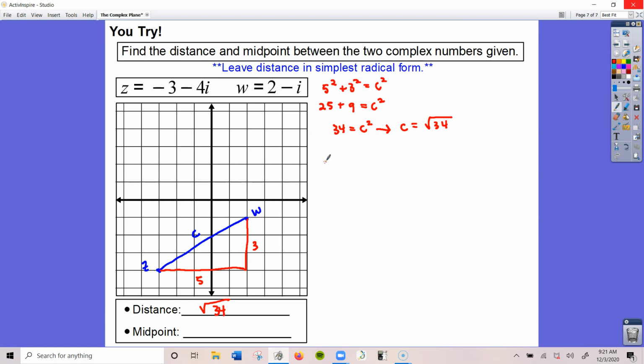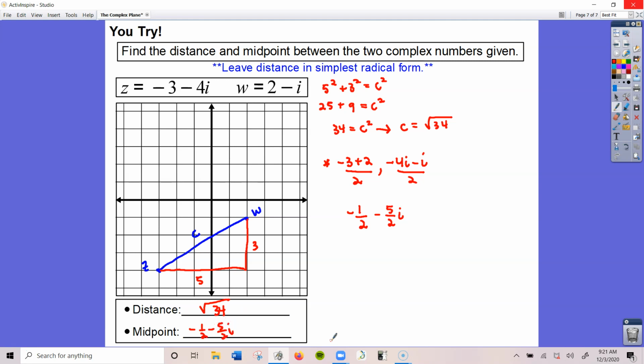Now let's find the midpoint. So for the midpoint, remember that you're going to take the real parts and add them and then divide by 2. So -3 plus 2 divided by 2. And then we do the same thing for the imaginary parts. -4i minus i divided by 2. -3 plus 2 is -1, and -1 divided by 2 is just -1/2. -4i minus i is -5i, and -5i divided by 2 is just -5/2 i. So this is my complex number